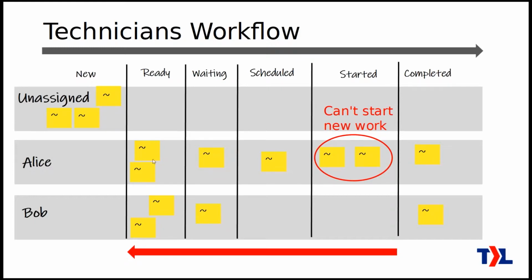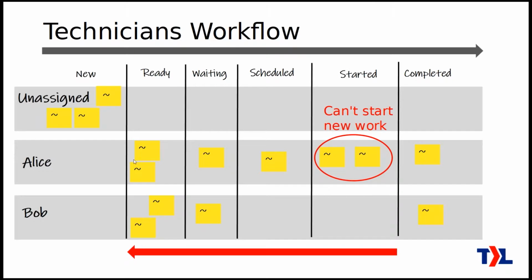Alice should really avoid starting anything else. Like looking through waiting for things that might be ready to work now, or especially taking work from the ready column. She should really avoid that because she's already got 2 things that are in her court to finish. She should focus on these. And sometimes that just takes some discipline, because maybe she's not really into this type of work, or, we all know there could be 100 reasons that she'd really rather start something fresh from the ready column. We always like to work on new things, right? But it's going to take some discipline. But this is how Kanban helps, by making this really obvious in a visual way. What Alice has already started, and she can finish these off.